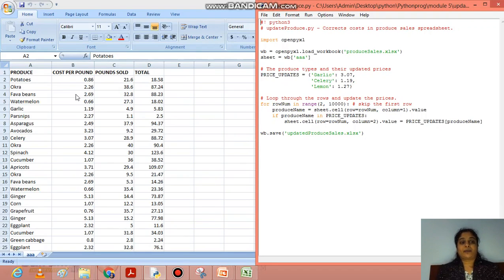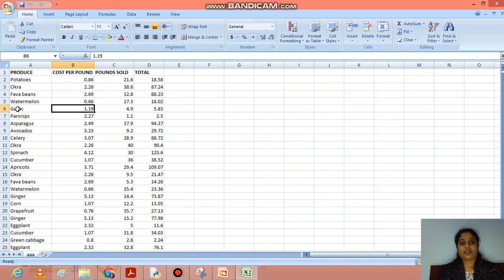The same thing will be updated here. So now this is the garlic with 1.19,